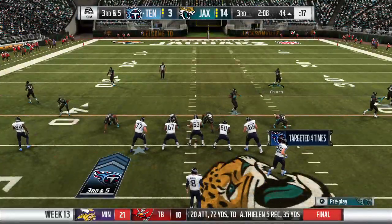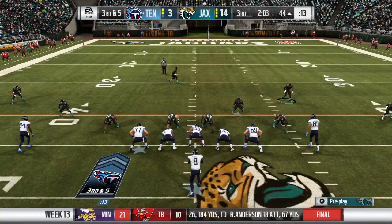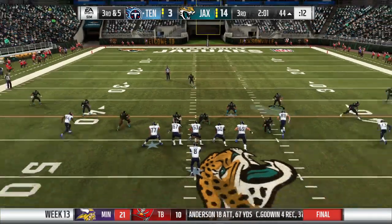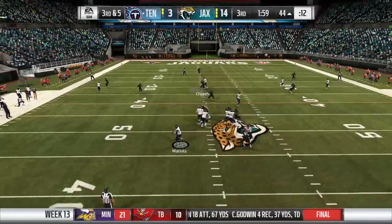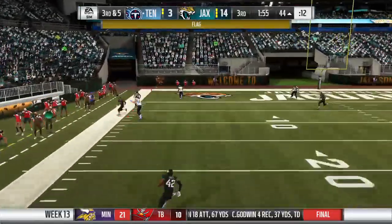Now, is that one where as the receiver you go to your quarterback and say, why'd you even throw that? Yeah, I think you do, and I think you wonder what type of a route are you going to send me on that only 1 yard's going to be the result? If I'm going to go in there and take contact, let's go and get...